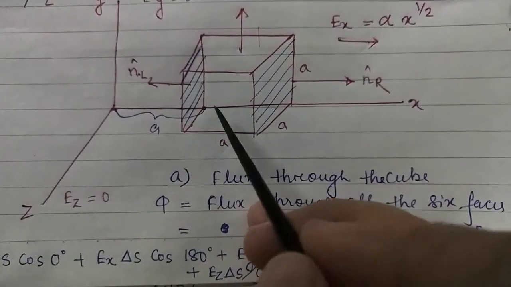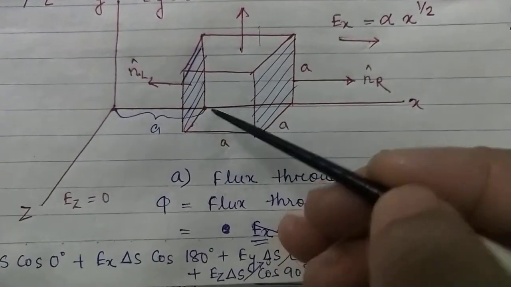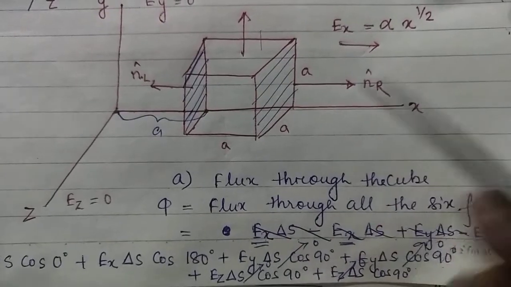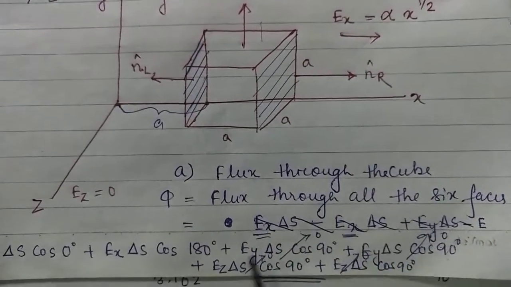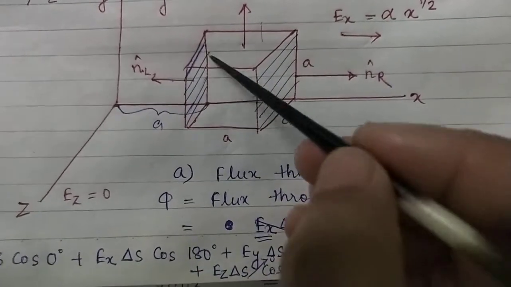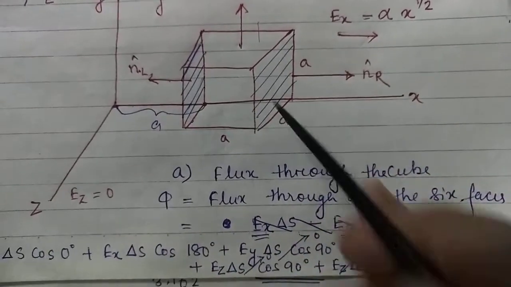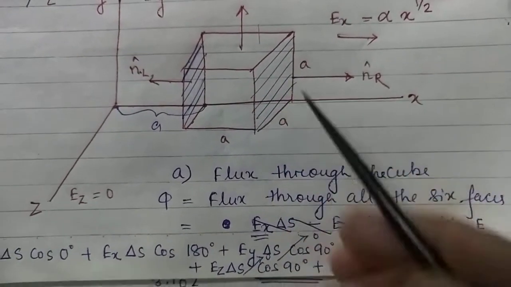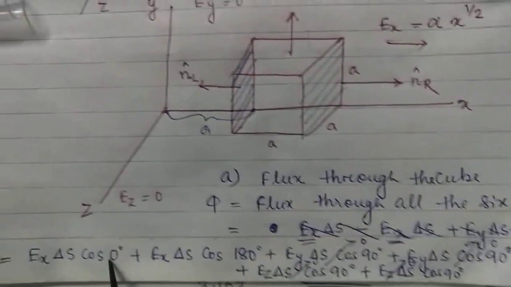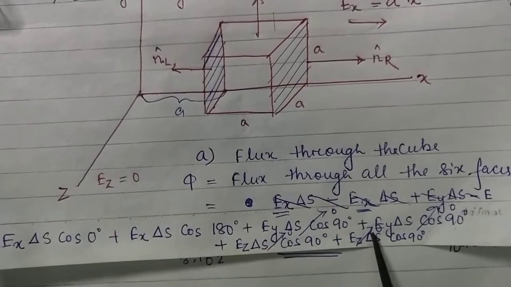Again we will see for the z, it is this front and the back face. For the front face again, what is the angle? This right side, this is front, the 90 degree, back side also 90 degree. So Ez del S, this area, front area, cos of 90 degree, and plus for the back surface you can write Ez, this area, 90 degree. Okay, now we have included all the 6 faces, 1 2 3 4 5 6 faces.